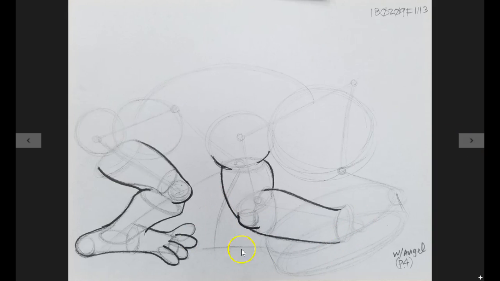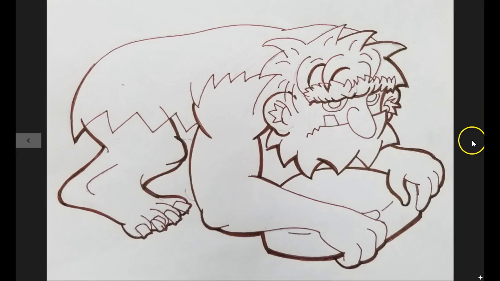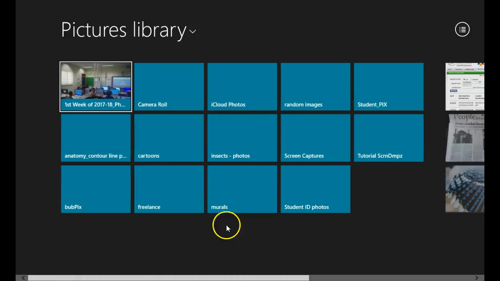This again is a different beginning, slightly different character. And this is the completed character, including some shading. After you trace it on the window or using the transfer method, this is what it looks like when it's begun to be inked. What you're going to do is you're going to upload these